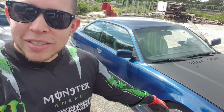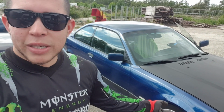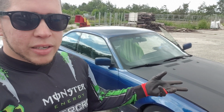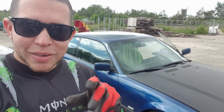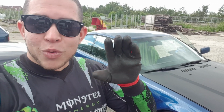So anyways, I bought this car a couple of years back, fairly cheap. I'm not even going to mention the price because some of you are going to hate me for that. I found this car for dirt cheap, and I thought, okay, this is going to be my drift car, because the other one is way too clean, no rust and stuff like that, and a friend told me not to use that one for drifting. So I bought this car and started swapping the engine and doing upgrades, solid engine mounts and stuff like that. And the day that it was finally ready, that I put the exhaust back on and it was road worthy,